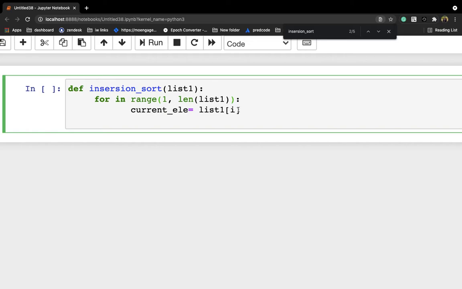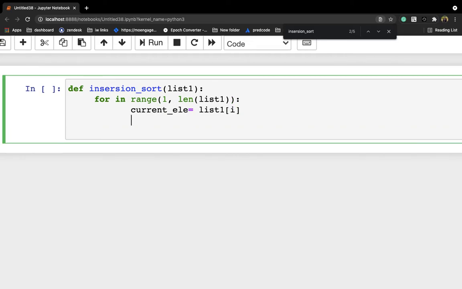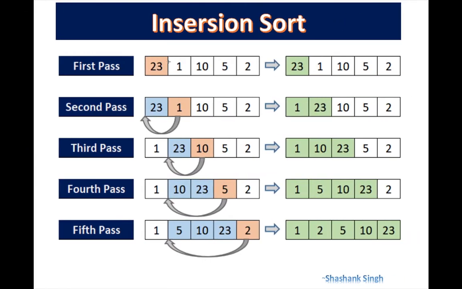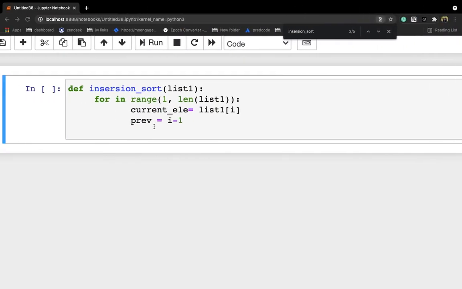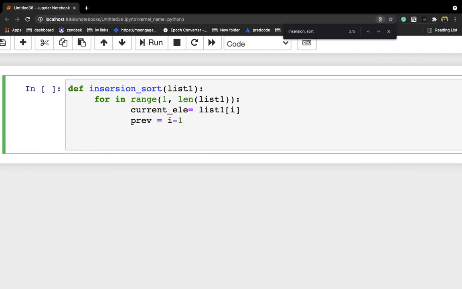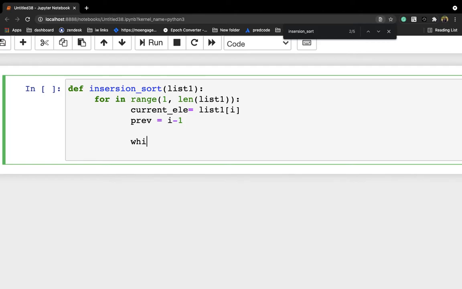So that's the reason why I'm writing here 1 and here i. And now I'll write prev is equal to i minus 1. So prev will store the index of the previous element, which is initially list1 of i, which is 1. So I want to compare this one with 23, right? So I'm writing here prev is equal to i minus 1, which will hold the index of the previous element. And then I am writing here while,